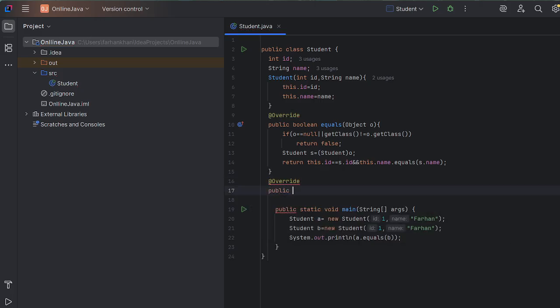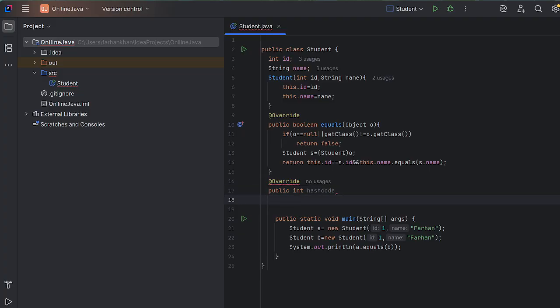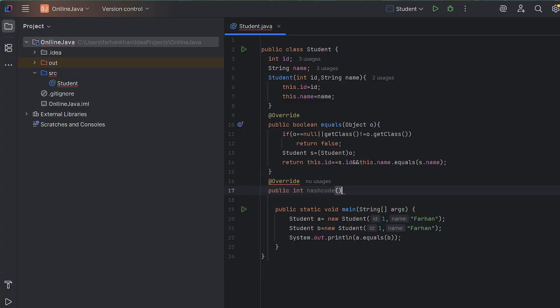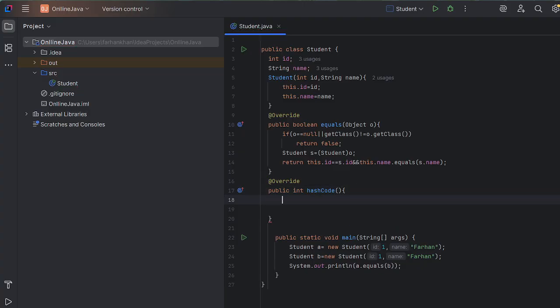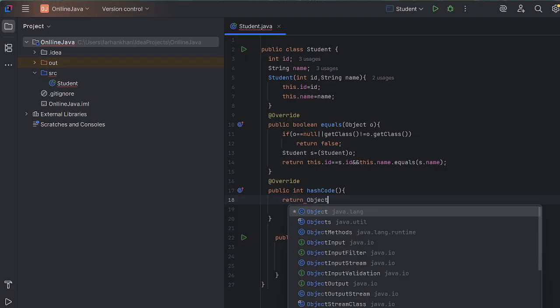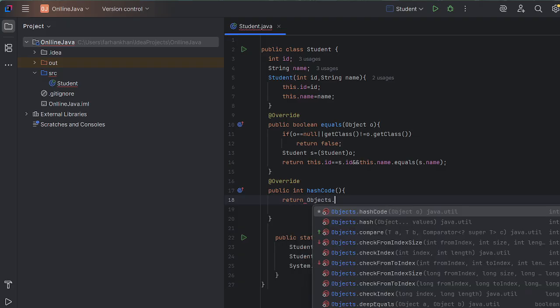And its return type is int. And it is very helpful. We have to do that. So we have to return, there is the Object class and there is the Objects utility class.